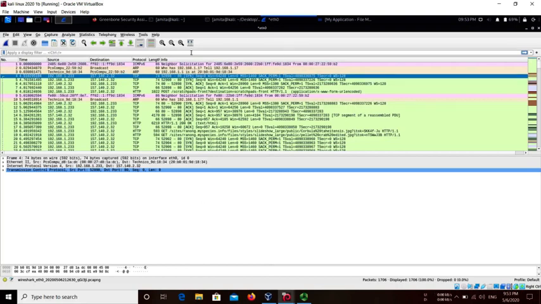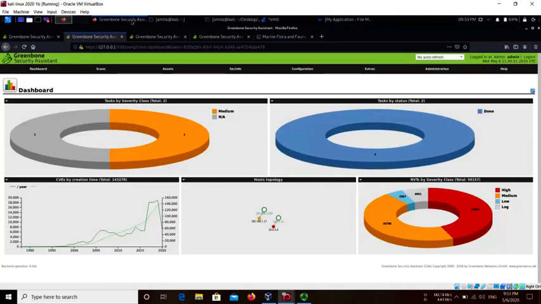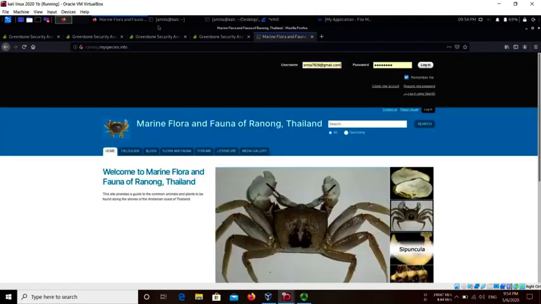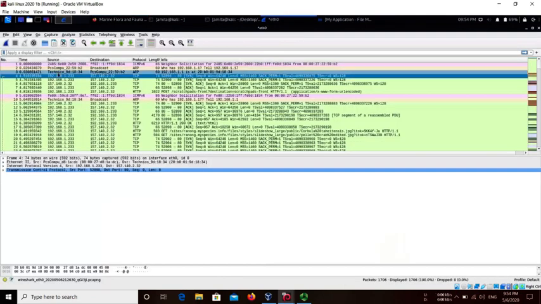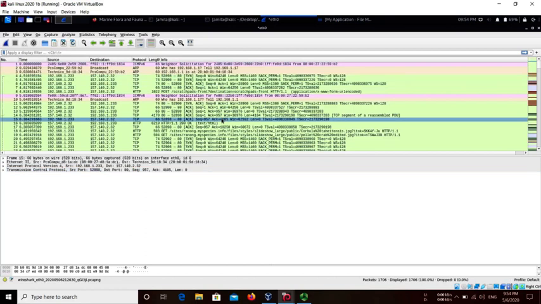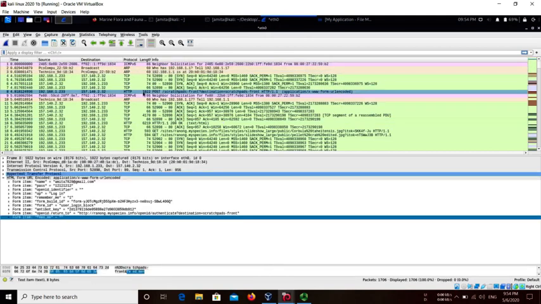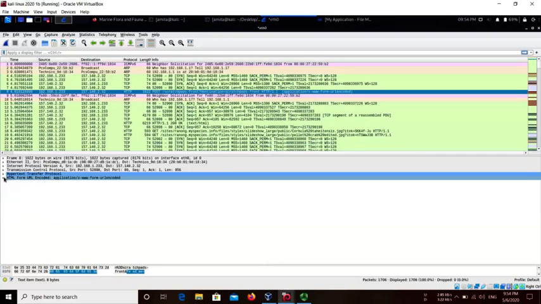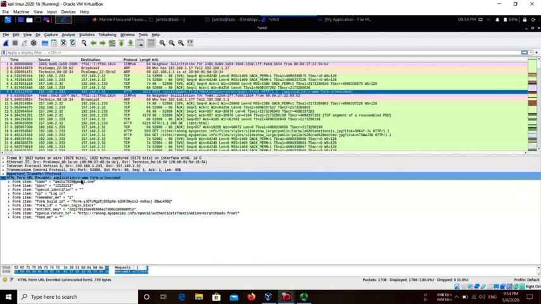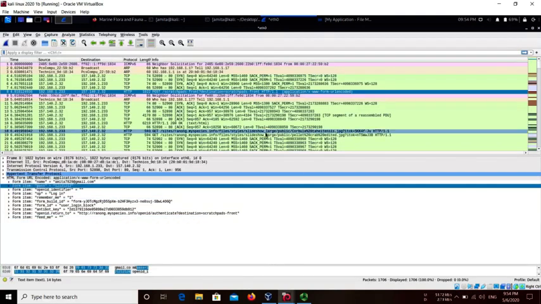In Wireshark, I'm going to capture my login credentials for this site. Just write your username and password. Here I'm using the password 12121212, and once you click login, you can see the different protocols, destinations and sources available. You have to find the HTTP with the POST method. Once you click on that info, you can see the username and password here. This is how you can crack the username and password.